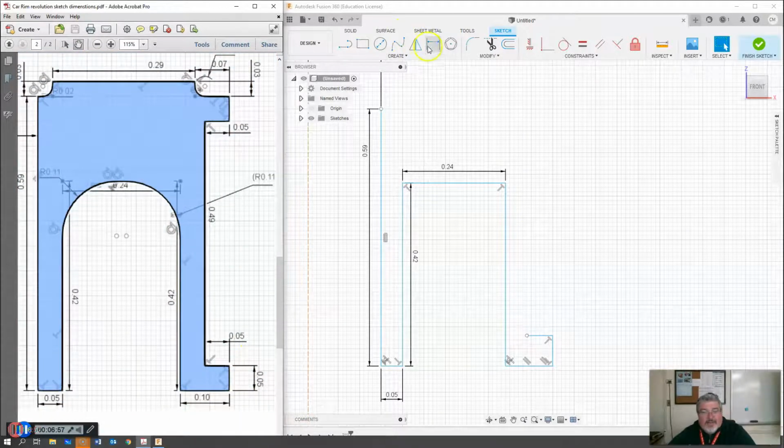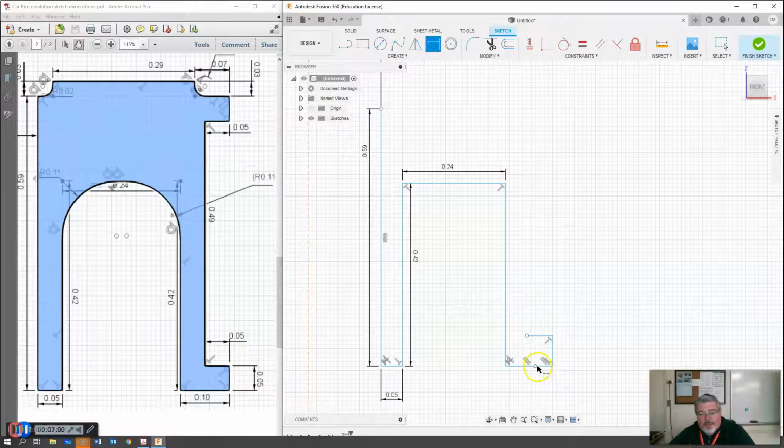Okay, so I need a dimension. Oh, nope, that's three different segments. So let's escape. Go to dimension again. This time I'm going to click on this corner and this corner. I thought I hit escape. All right, I did not. So dimension